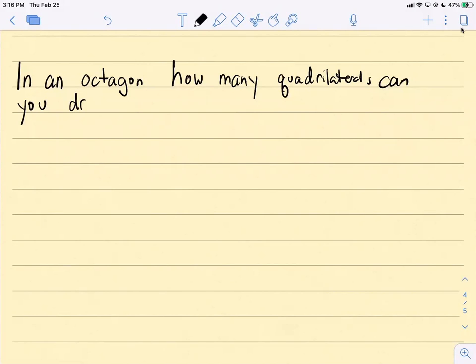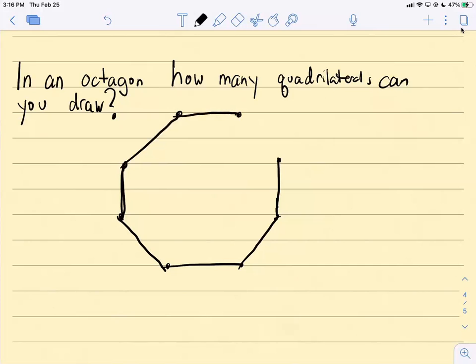In an octagon, how many quadrilaterals can we draw? So we draw out an octagon, eight vertices, and we connect them. This is like one of those questions you might have seen on Facebook, like how many